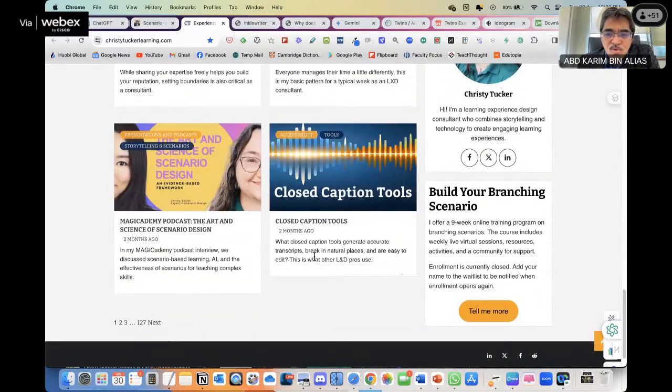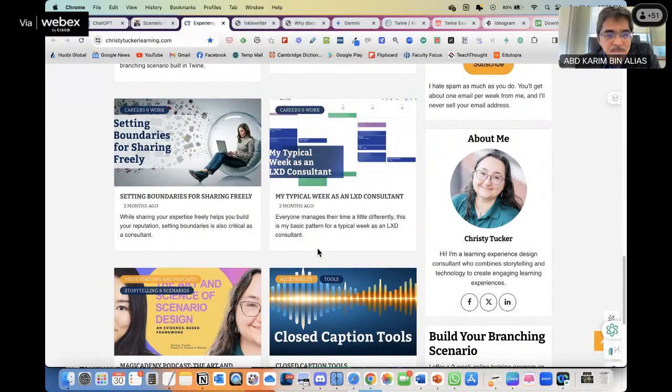If you really want to go to the advanced level of scenario-based learning, which I have not done yet, I didn't have the time to really explore it in more detail when I was teaching in USM, because at that time, there was no ChatGPT. And to build even a simple scenario will require a lot of thinking. So that's why I didn't really use scenario-based learning. But now with AI,